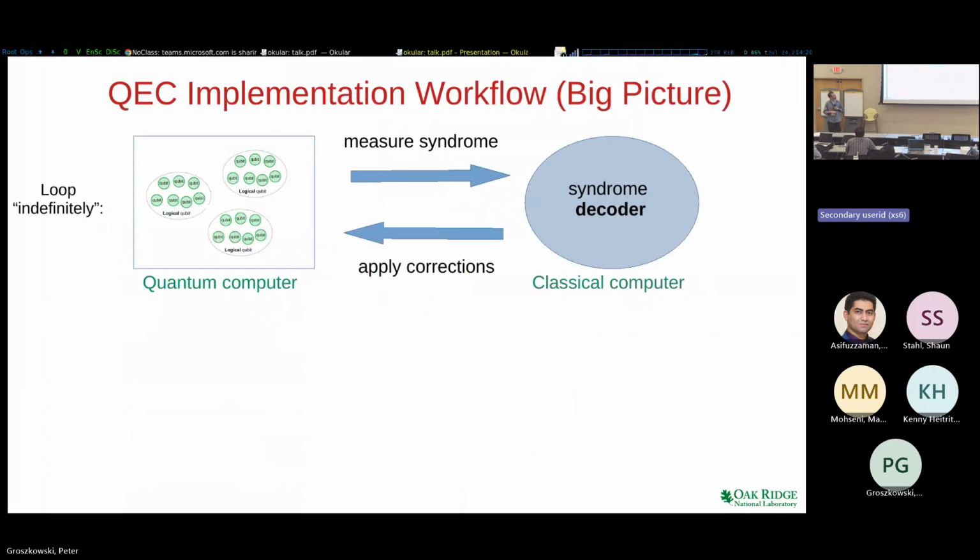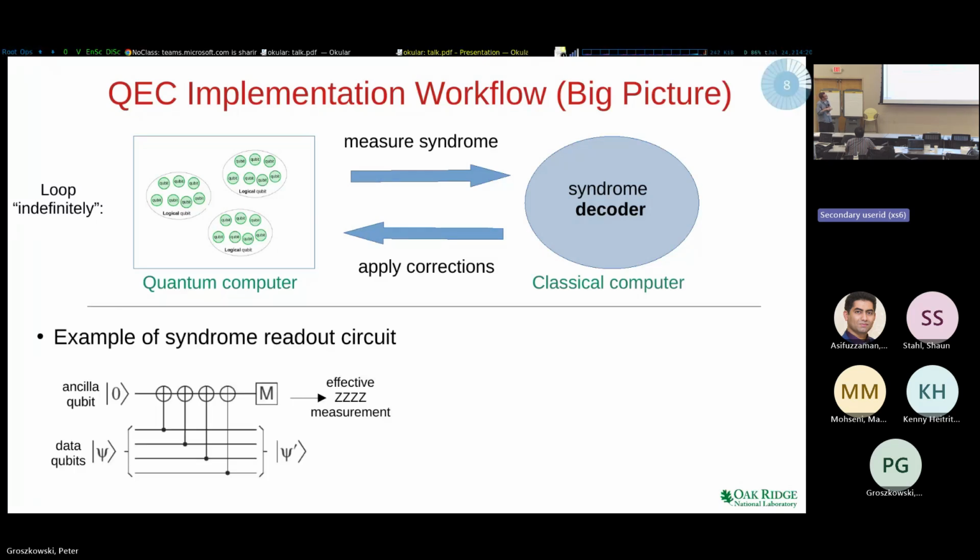So this is a super high level overview, a big picture of how to implement a quantum error correcting code. Once again, this is a loop that you can think about running indefinitely for the lifetime of the experiment. So once again, you have a quantum computer. I apologize for my graphics. I am artistically challenged. But you have a whole bunch of physical qubits. You've defined how you're going to define your logical qubits among them. And then there are a few things that you have to do. First thing you have to do, you have to make what we call a syndrome measurement. So that effectively means